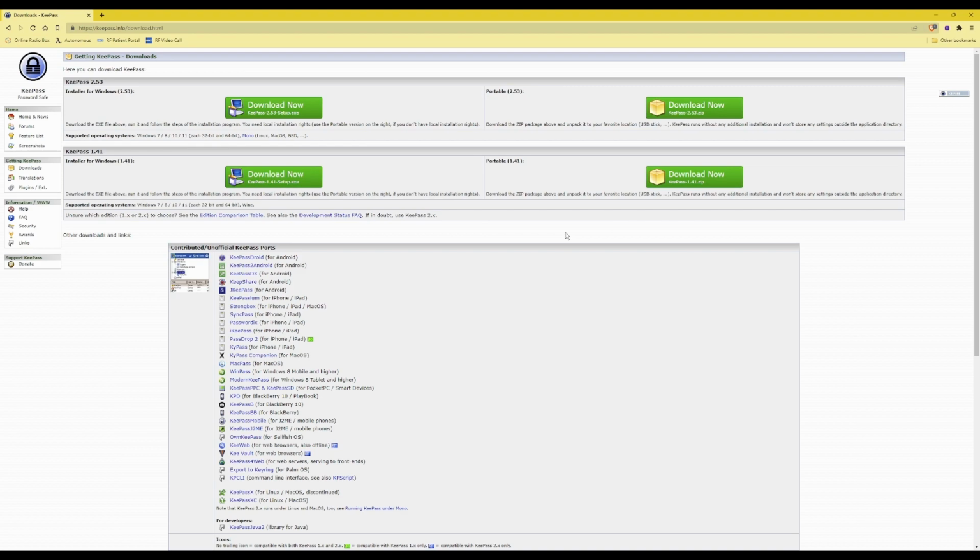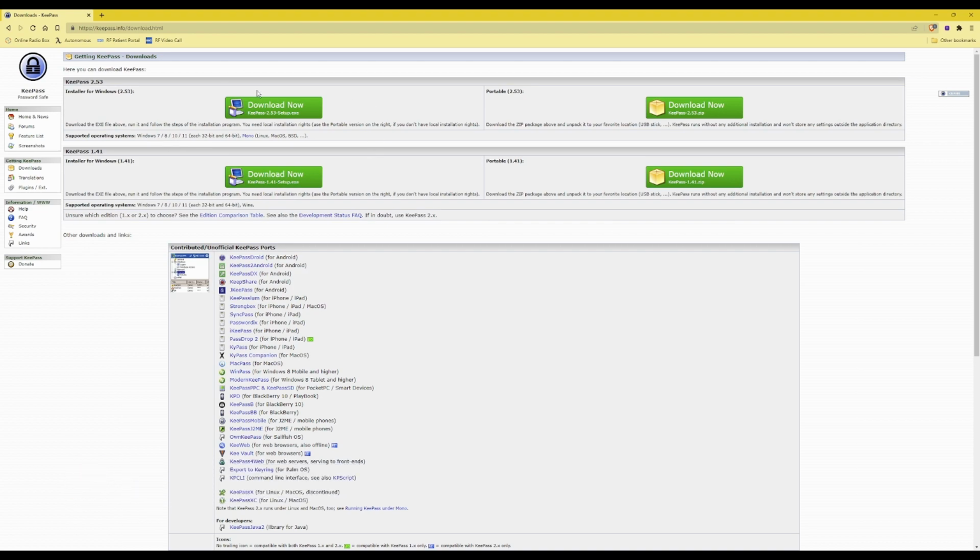With regards to Android and iPhone devices, there are unofficial alternatives, and as I have an Android tablet and also an Android smartphone, I find that KeePassDroid is about the best version for use on those devices under contributed unofficial KeePass ports. There are other versions, for example, for an iPad or Mac OS or iPhones, and as you will see in the list here, you can just choose the one that you prefer. So going back to this,